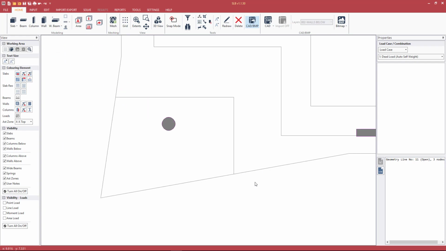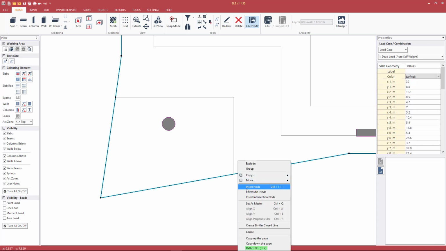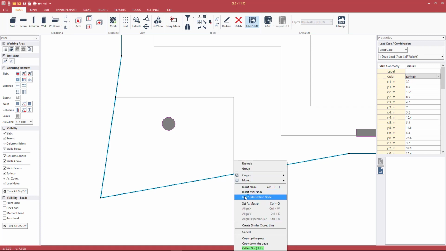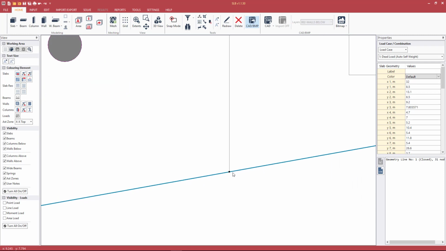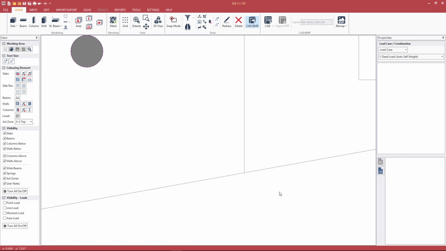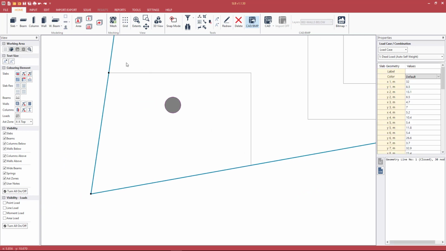So one undesirable option in this case would be to select the perimeter geometry line, right click and insert intersection node. If we look at the coordinates, we see that a node has been created at that exact intersection. Again, undesirable in this case because it has a high degree of accuracy. So pressing undo, or the shortcut Ctrl-Z, to get rid of that node,